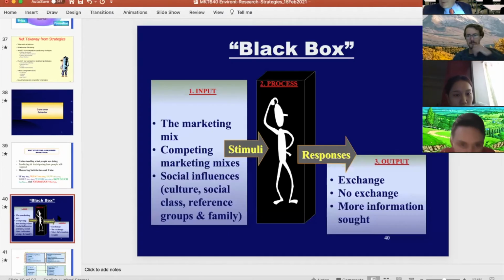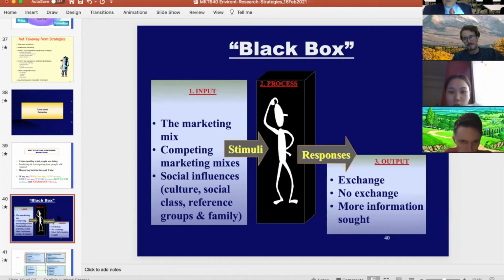What's the black box? Normally, the black box is very famous, unfortunately, because every time there's a plane that crashes, they look for the black box. That's going to be the record of what happened before the plane crash. Based on what the black box says, they know what happened to the plane most of the time. If the plane falls in the middle of the ocean, they never find the black box and we never know what happened. So people have a black box. You have a black box, I have a black box, which is that we do things we don't even know why.